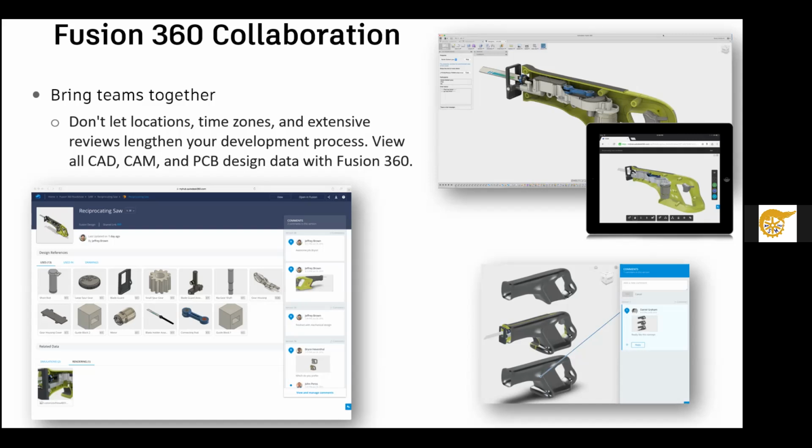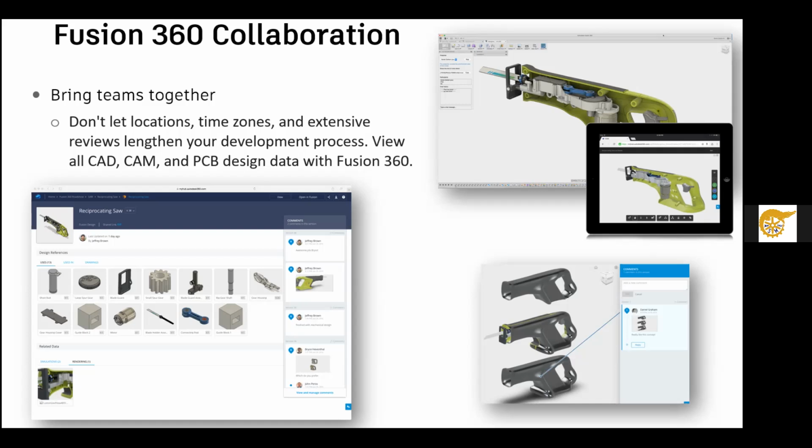They're able to see your model. They're able to see your tool paths if they happen to be in CAM. And they can input things like messages to give you feedback on your design. If the other person that you're collaborating with is using Fusion 360, you can actually send them an invitation to collaborate with you on your project, and they have direct access to the same data that you have,